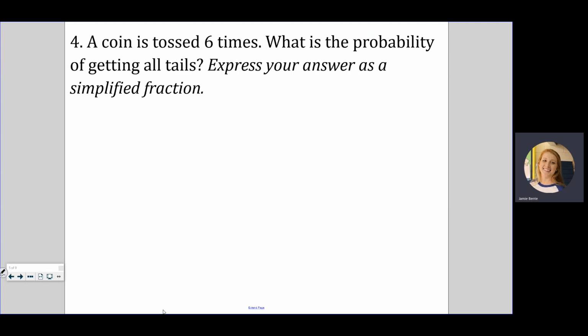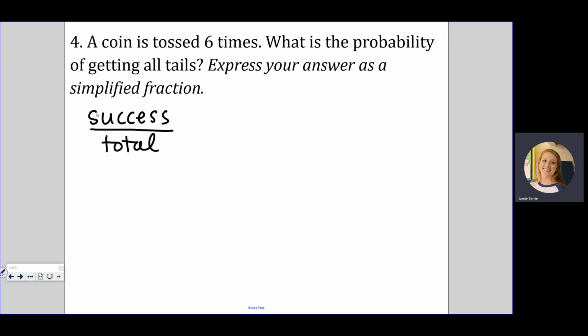All right, a coin is tossed 6 times. What's the probability of getting all tails? All right, so the tricky part here is to figure out, we're using classical probability, so we've got to do success over total. The tricky part here is figuring out what the total is, but we're going to use the fundamental principle of counting